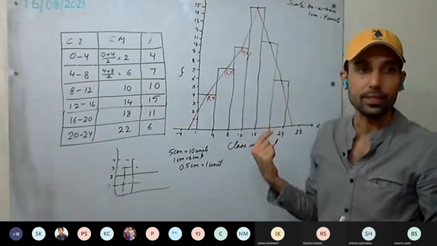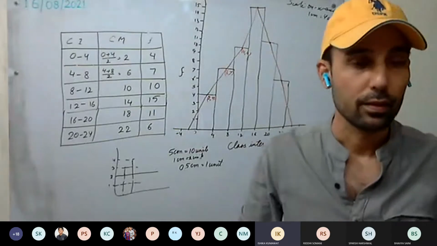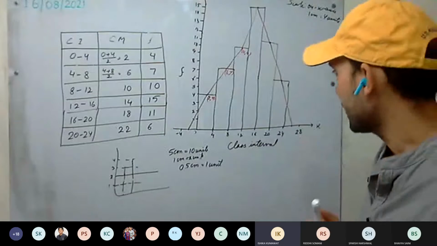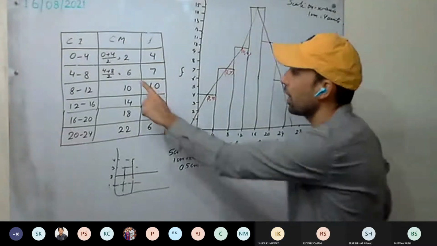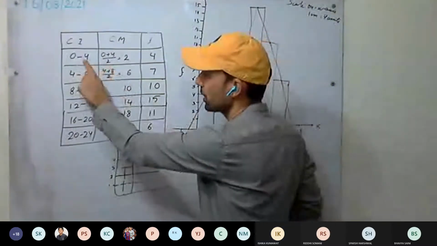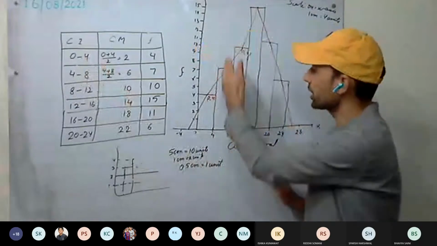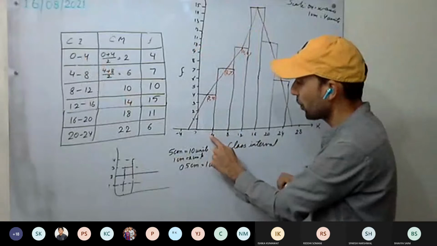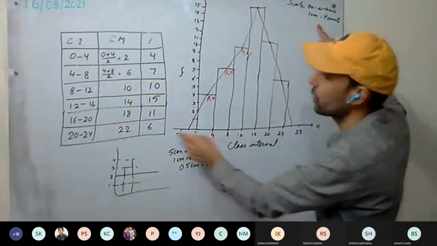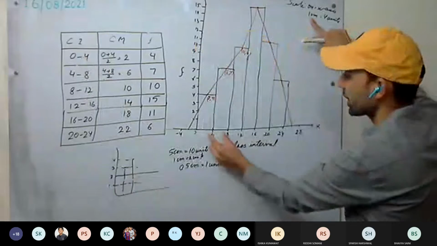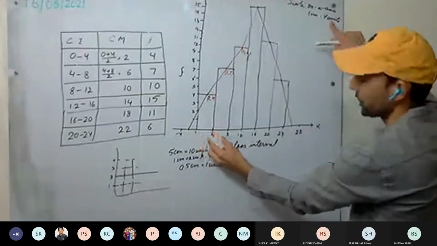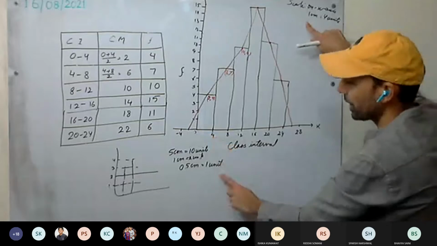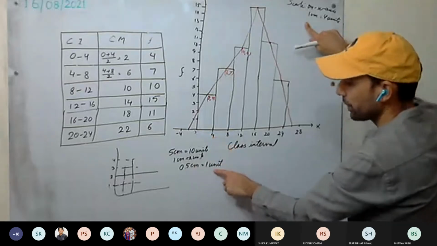Is this clear? So can you tell how we have taken the scale on the x-axis? See here, how much is the class interval 0 to 4? So it's easier to take the dark, bold lines. So 4 units are taken, because we do not know what these are. So we have taken 1 centimeter equal to 4 units, whereas the y-axis is taking 4.5 centimeters.